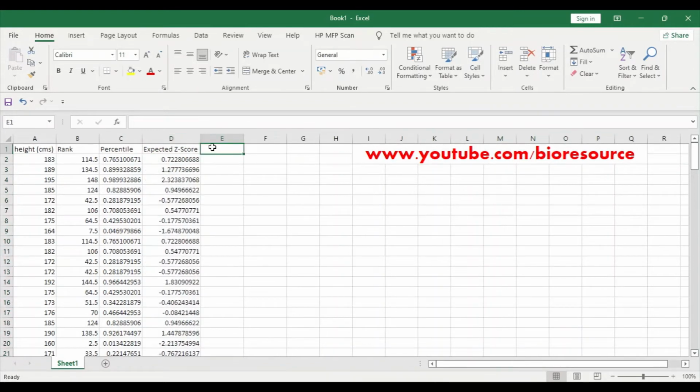Now we have to calculate the observed z score values.